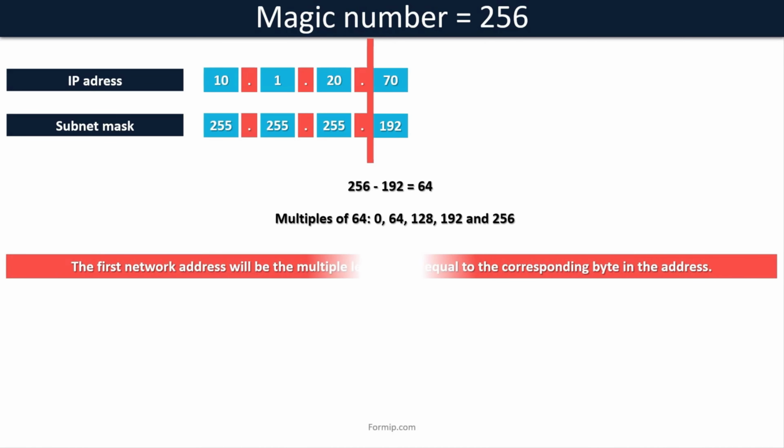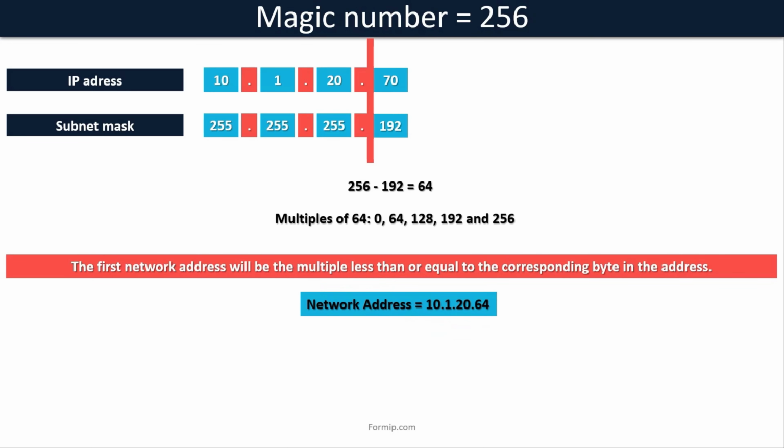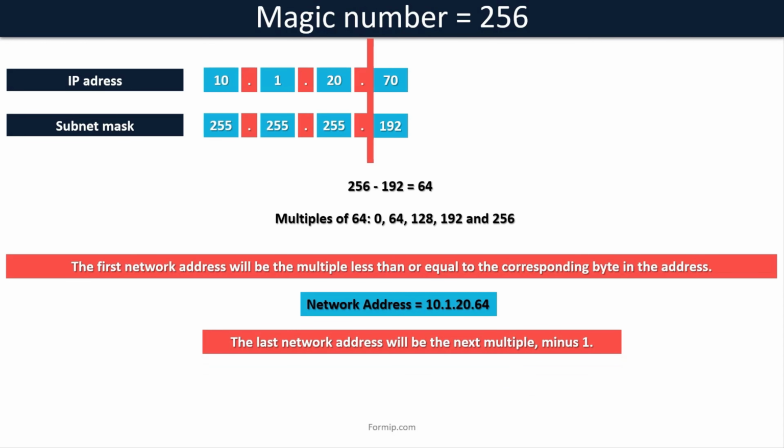The network address corresponds to the multiple less than or equal to the fourth byte of our IP address, that is to say less than or equal to 70. In our subnet mask, the significant byte is the fourth, the 192. This is why we use the fourth byte of our IP address. The first multiple less than or equal to 70 is 64. Our network address is therefore 101.20.70.64. The broadcast address, which corresponds to the last IP address of a network, will be the following multiple minus 1. The multiple which follows 64 is 128, from which we subtract 1 to find 127. Thus, the broadcast address is